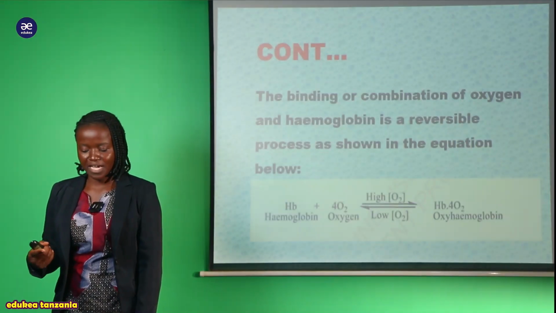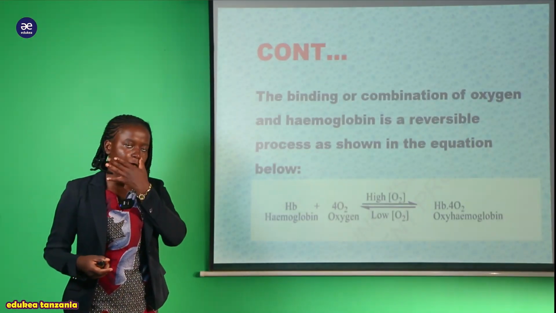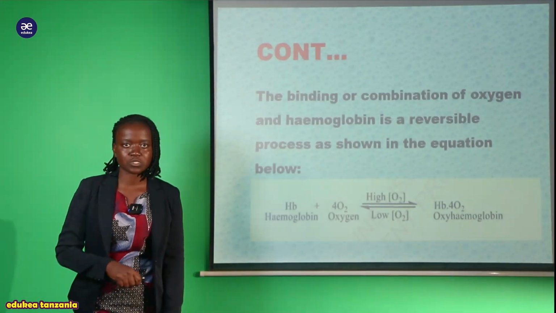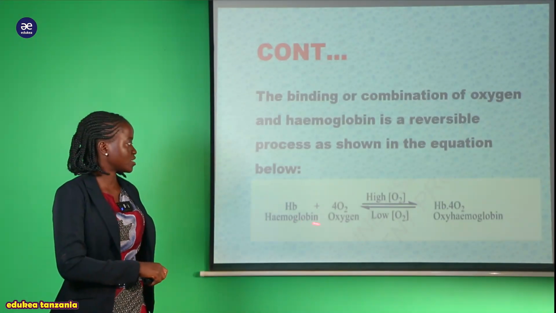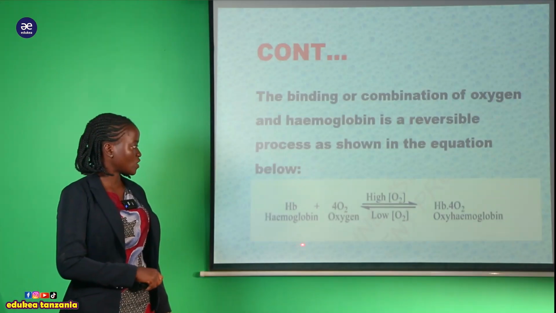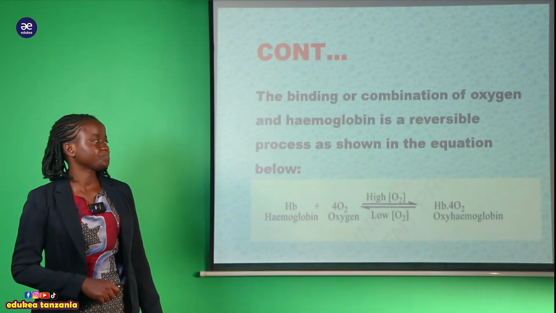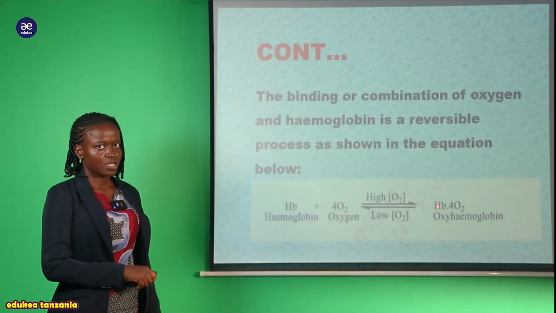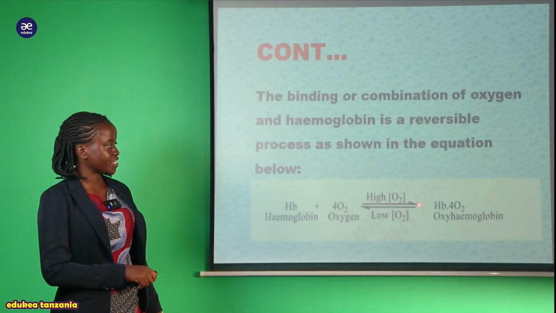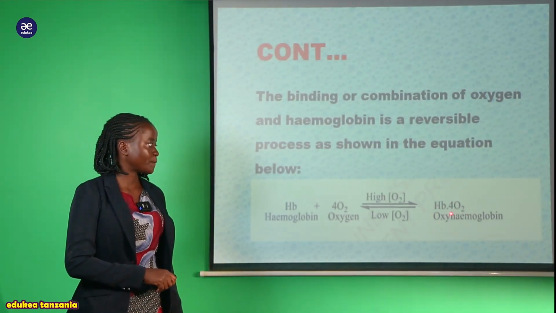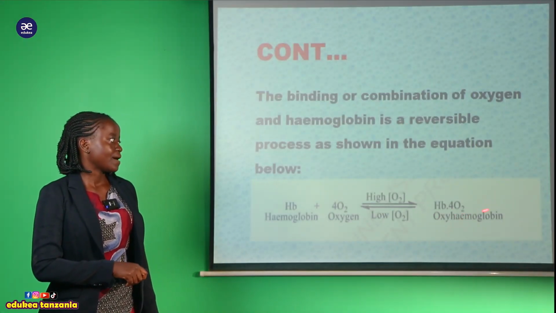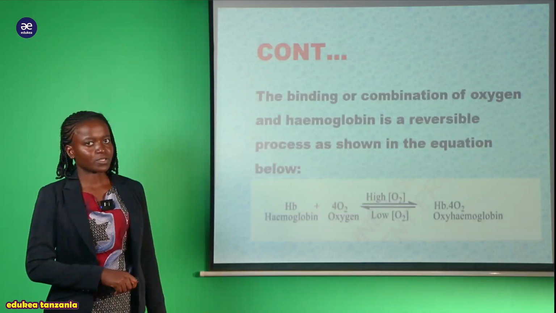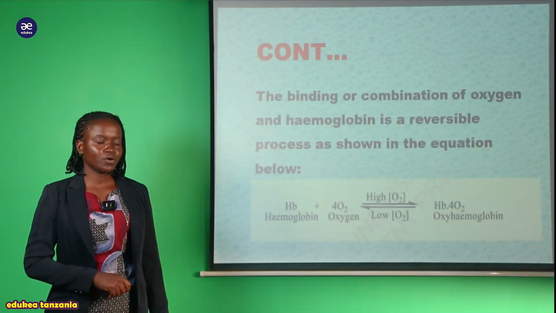So how does hemoglobin transport oxygen? It is transported in this way. Now you can see in this equation, this is hemoglobin plus 4 molecules of oxygen. Thereby this is a high concentration of oxygen. So where there is a high concentration of oxygen is where we get the oxyhemoglobin, but where there is a low concentration of oxygen, which is in the tissue now, where there is a low concentration of oxygen,